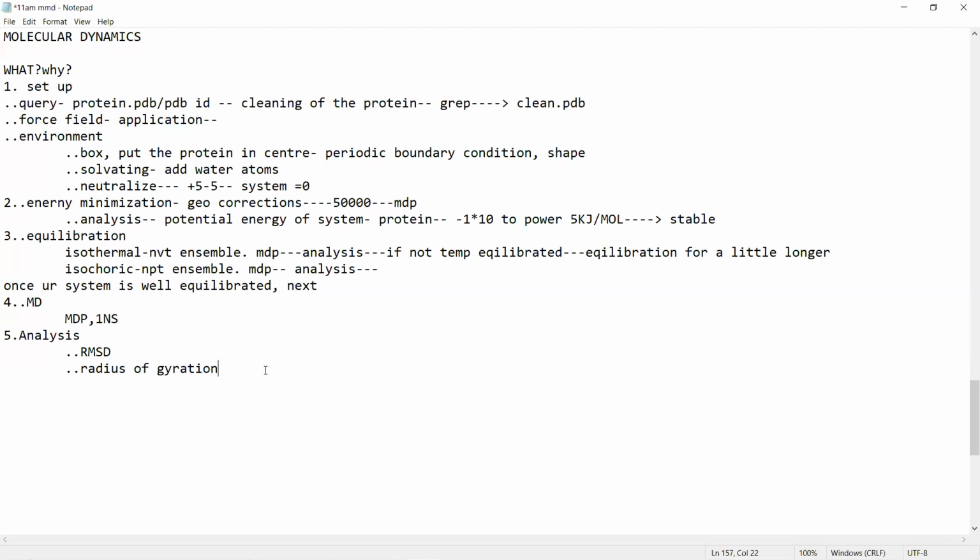Therefore, the radius of gyration should also show you some stability. So these two parameters will help us give conclusive statements on the stability of the protein which I will be dealing with. Fine.